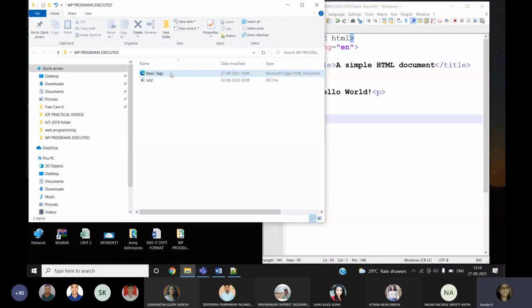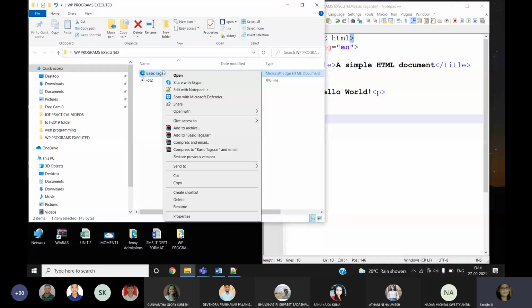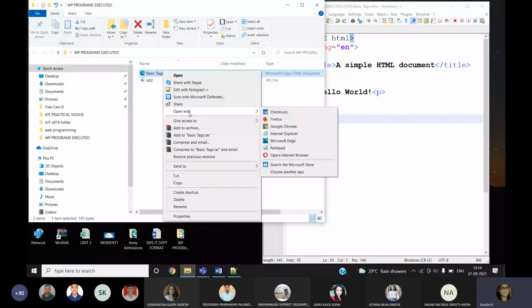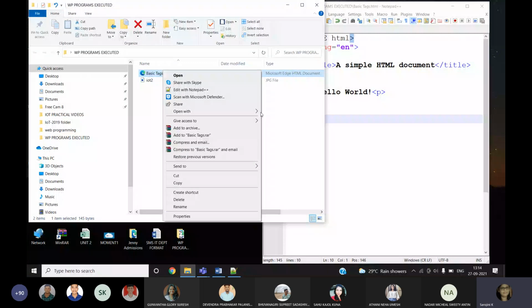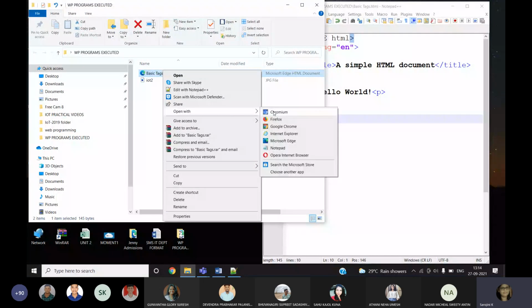After I find this file, I select it and then right click. In this, I am going to open with, and within the open with, I am selecting a browser in which I want to see my output.